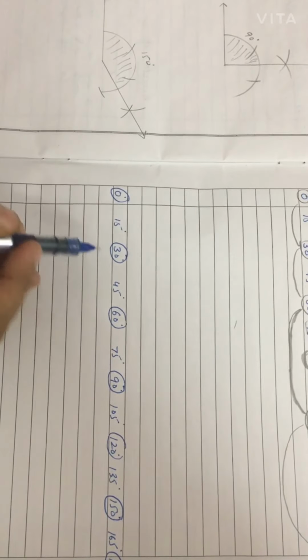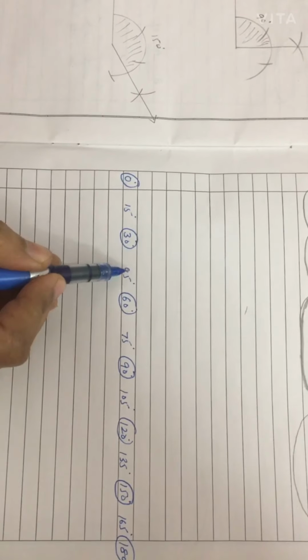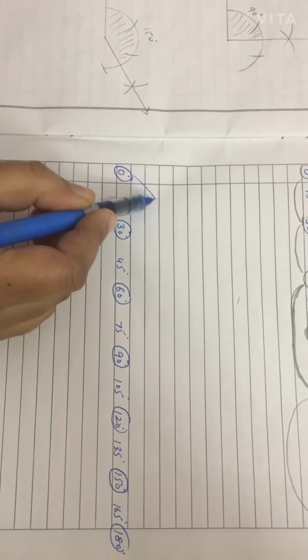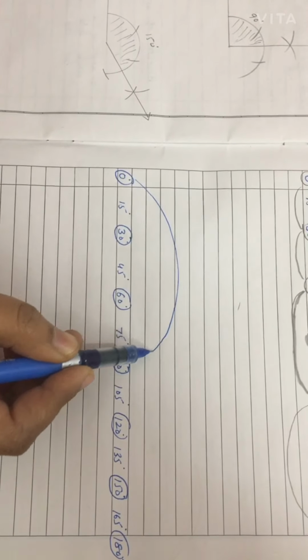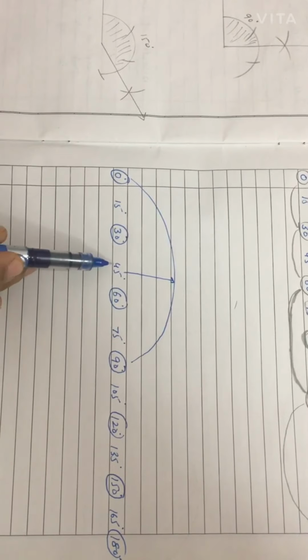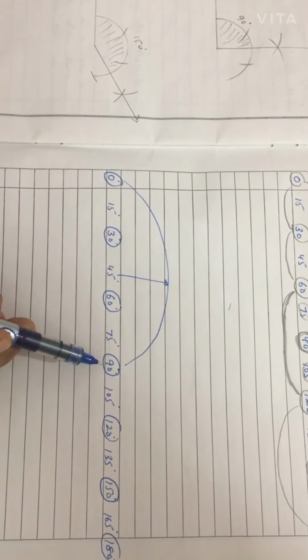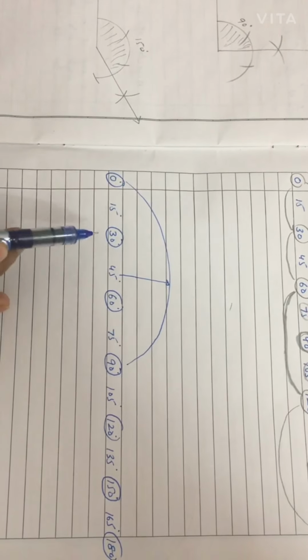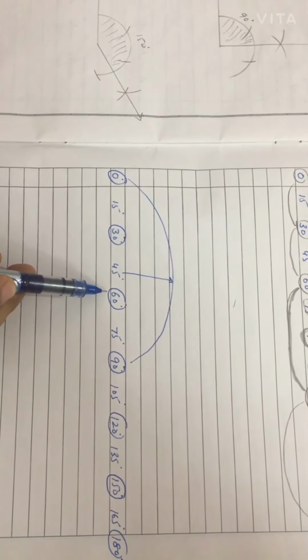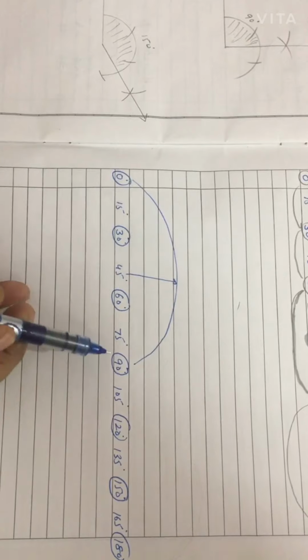One thing I want to tell for 45, as 45 lies between 30 and 60, same thing you can observe. If we know the 0 and 90 degree, 45 is the midpoint of 0 and 90. So there are two ways to construct 45. One way is to use 30 and 60. Another we can use 0 and 90 also.